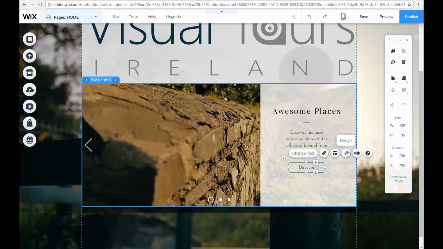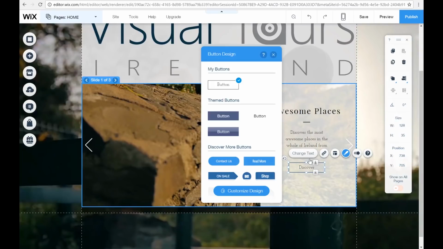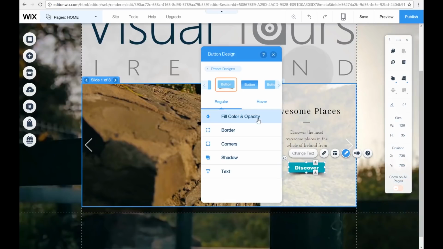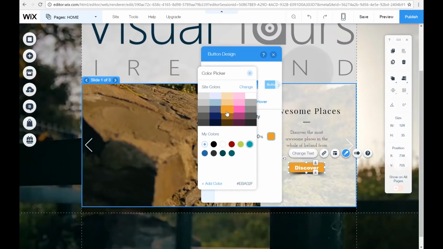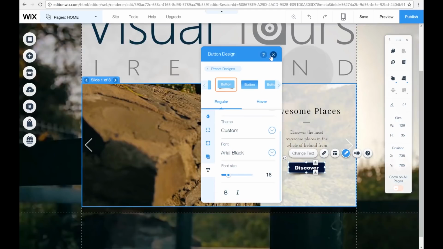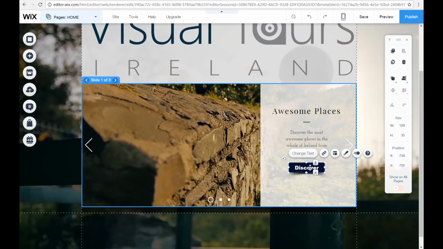And we're gonna have a look at the design. So there's all different types of buttons here. So I've just selected this button, and we're going to change the color. To this, we are going to keep all that the same. The only thing we're going to change